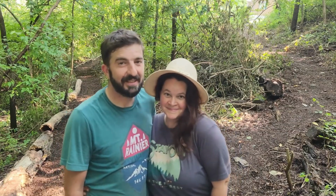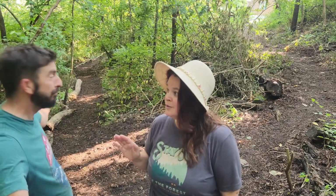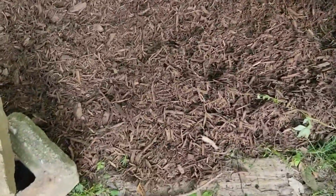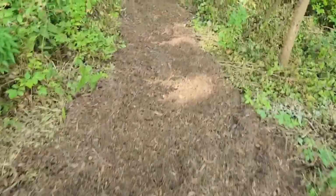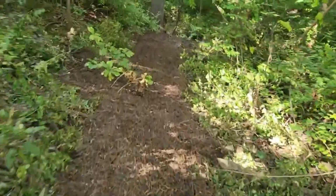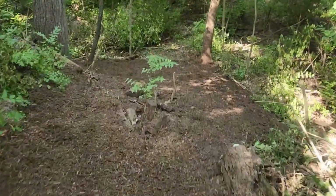All right, I didn't quite make it before my bride got home, but phase 1 of a million, the woodpecker up there, is done. What do you think? It is so beautiful. It comes up there, comes down here, wraps around, goes down there. We got logs, we got mushrooms. Smells pretty good. Yeah, it smells great. It's a great first step in, like he said, about 1 million of doing some little trail work. It's a very short trail. Takes you about 2 minutes to walk. Less than 2. But yeah, it's a good first